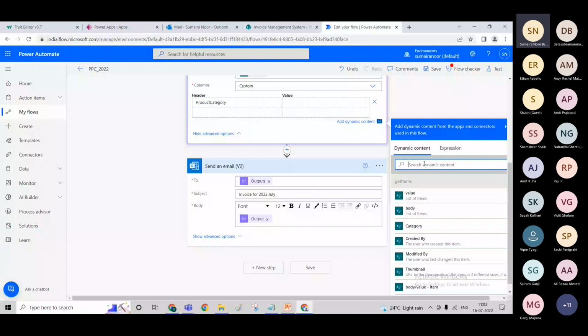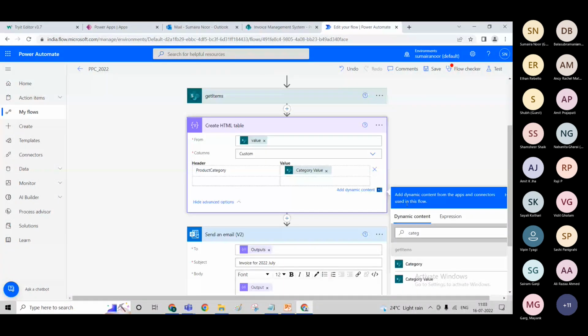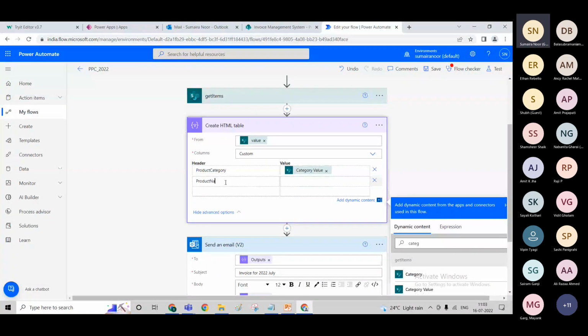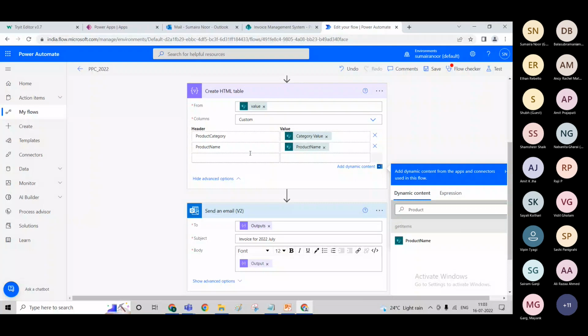From get items, product name, and the description. And now if I run this,